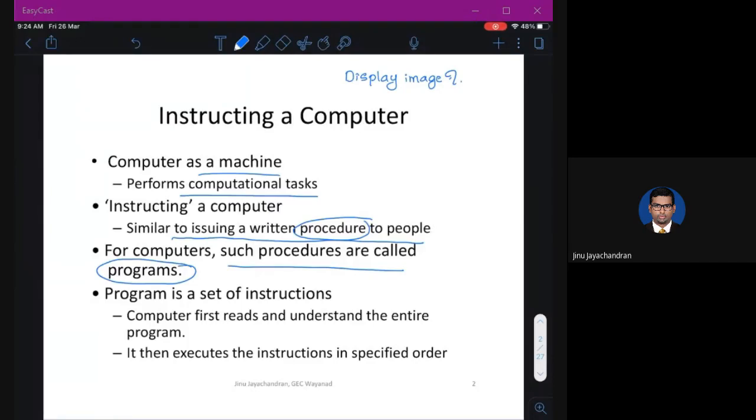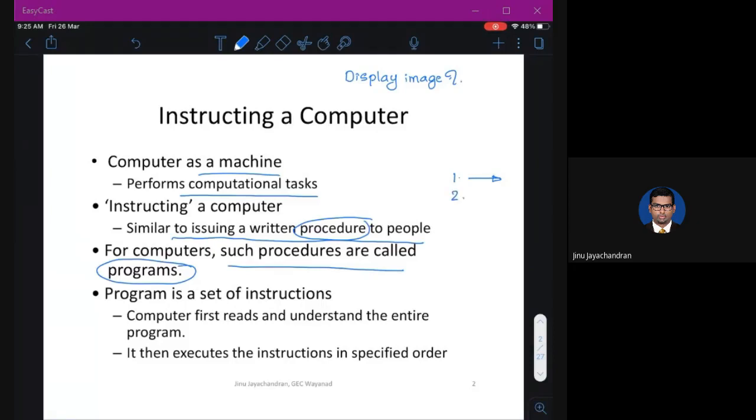If your instruction is wrong, whatever the computer performs will be wrong. So it is you who controls the computer, not the other way around. Let's say I want my computer to make a tea, or let's say I have a humanoid robot which can understand my instructions. So I will write a program. In the first instruction, I'll ask the robot to take a tumbler of water.